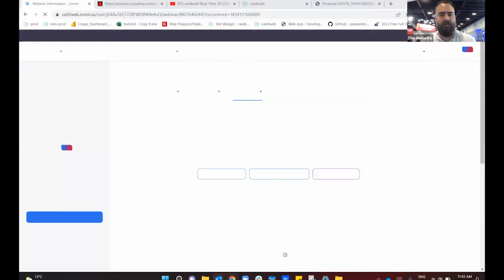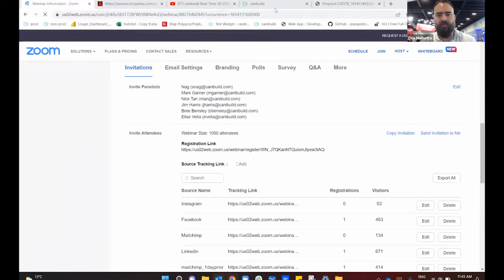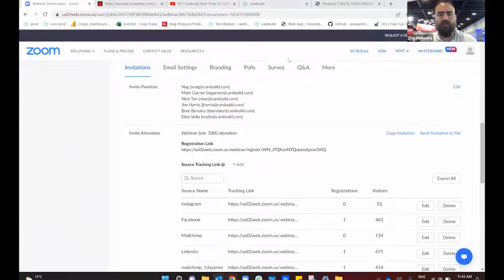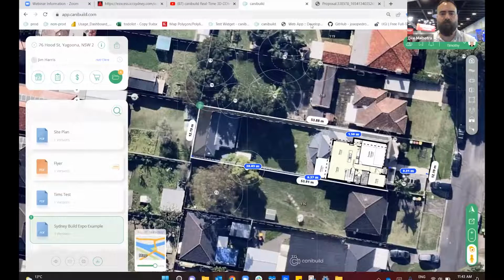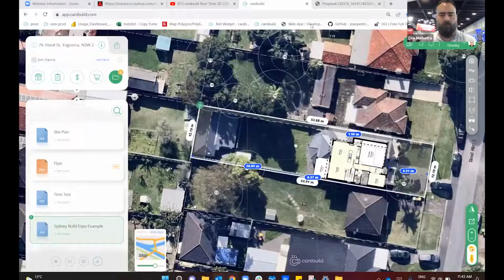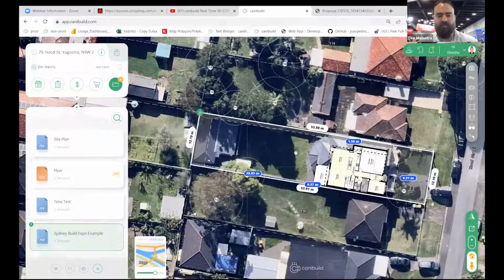So jumping back to the main app, and I see a question there, so I'll quickly attend to that as well. Proposals look great. Is there a way to store different specification level pricings to designs? Okay, so